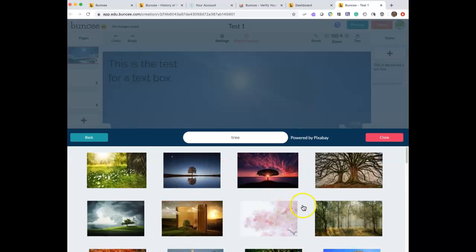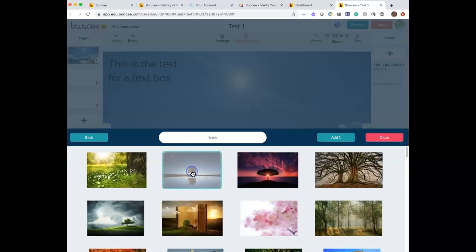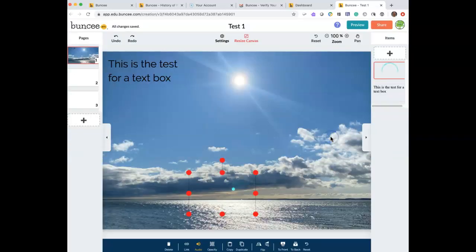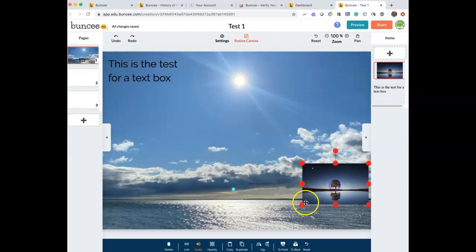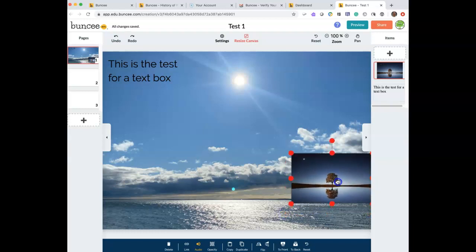so I'm going to look for a picture of a tree. Okay, so I'm going to do something like this, and I'll say add one, and now my tree shows up. Okay, and again, I can do what I want from a picture. Not very artistic or creative here, but I just want to show you how to move some things in. Now, from a layering perspective, if I go back over here to the right, and we have our items,